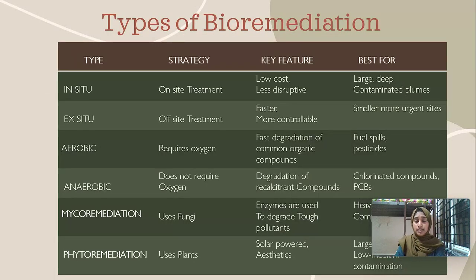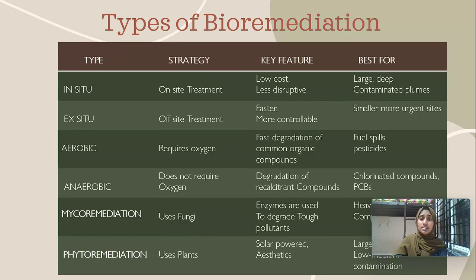There are different types of bioremediation. Bioremediation is classified into different types based on different strategies. So first is in situ and ex situ bioremediation. This classification is mainly based on where the process of bioremediation is taking place. In situ bioremediation is when the bioremediation is taking place where the original contaminant is. The natural process of bioremediation is in a way in situ bioremediation, where the contaminants are degraded in its own